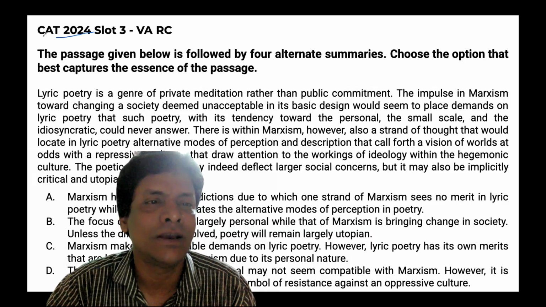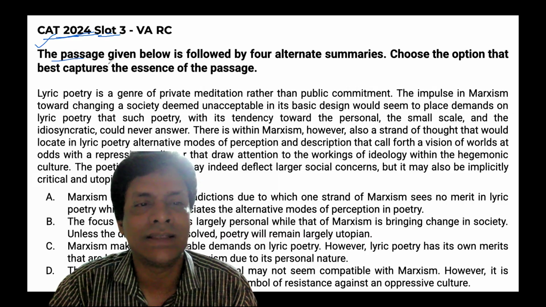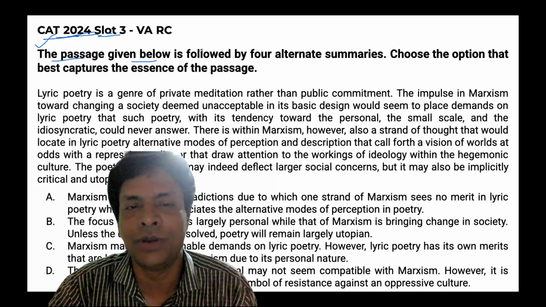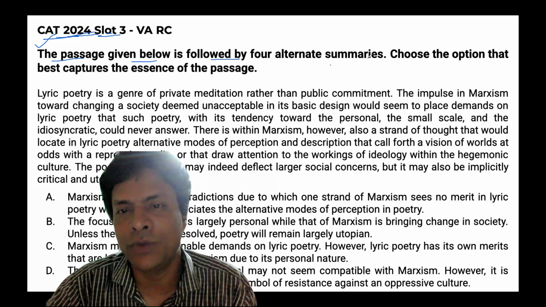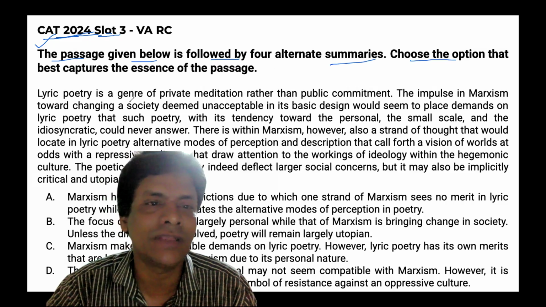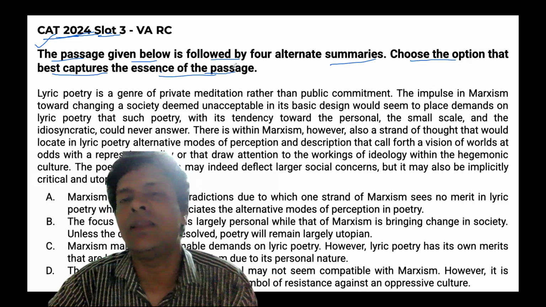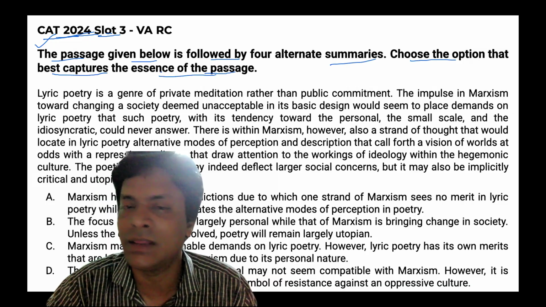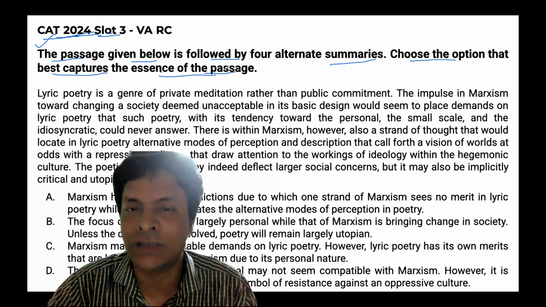I have taken one of the para summary questions from CAT 2024 slot 3. So the instruction of this question is, there is a passage which is given below and is followed by four alternate summaries. What we need to do is choose the option that best captures the essence of the passage. Well, what I am going to do is go through each of the para summaries and I'll try to explain